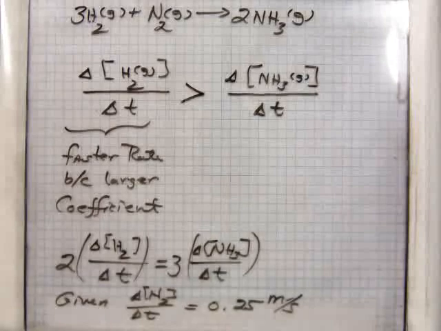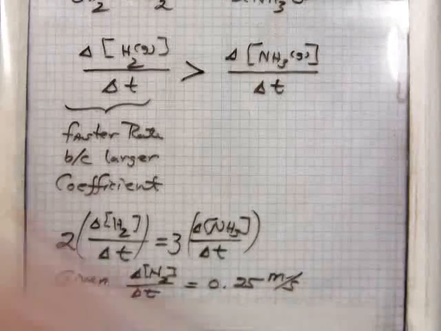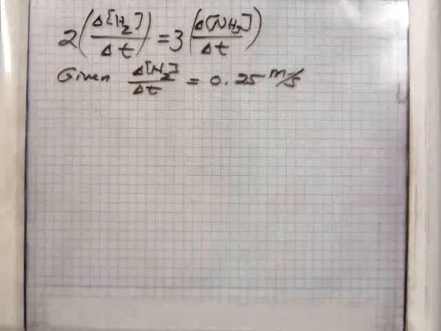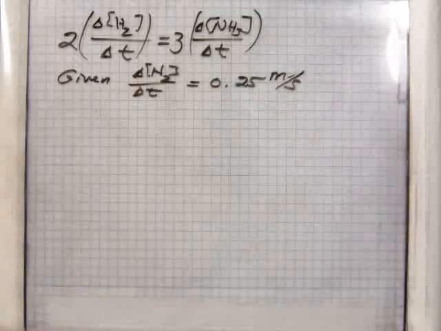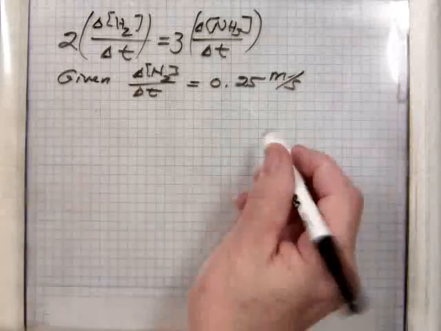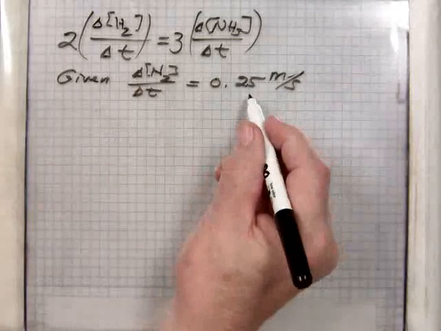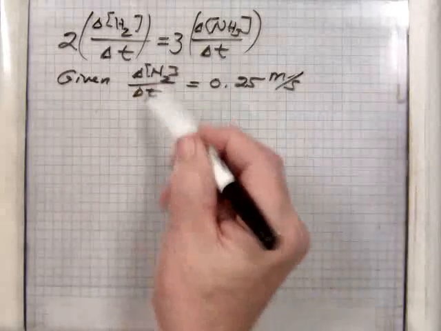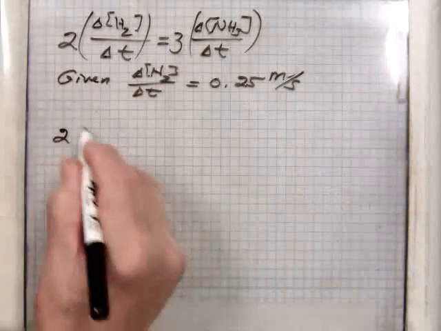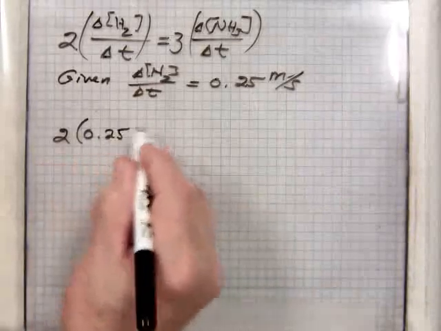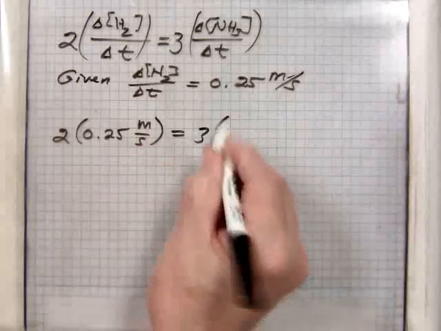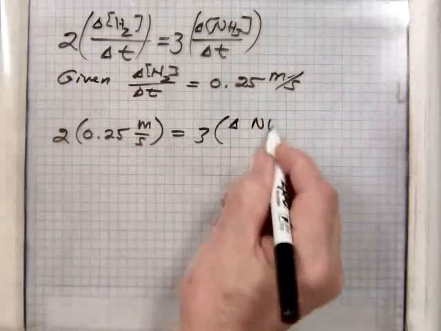What is the ammonia rate and what is the nitrogen rate? Once you get one of them, you can get the others. So you want to substitute the 0.25 into this expression. If you're given hydrogen, it would be 2 times 0.25 molar per second to equal 3 times the change in ammonia